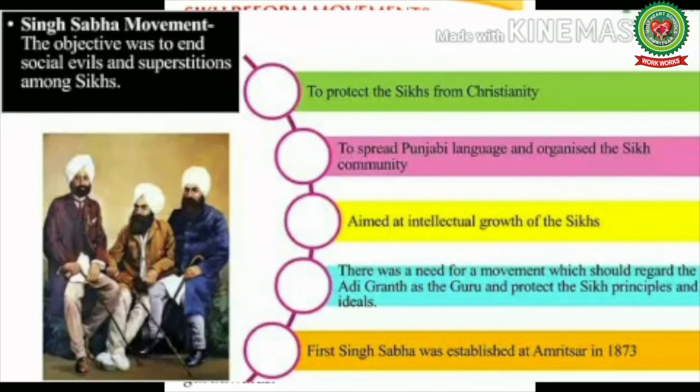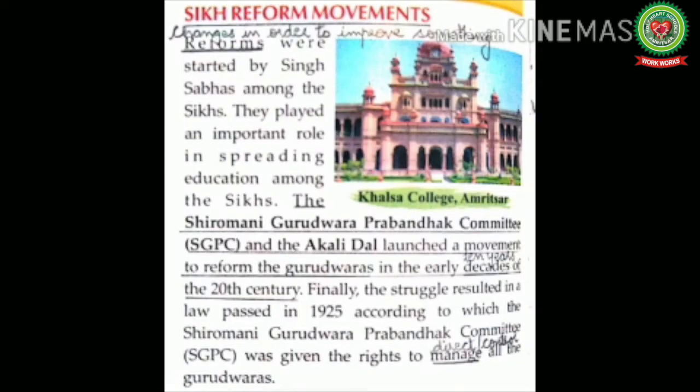Singh Sabha was the society of Singhs in the 19th century, a movement within Sikhism that began as a defense against the activities of Christians and Hindus. Its chief aims were the revival of the teachings of the Sikh gurus, the production of religious literature in Punjabi, and a campaign against illiteracy. Basically, amongst the Sikhs, the reform movement was started by the Singh Sabhas, which were formed in Amritsar and Lahore